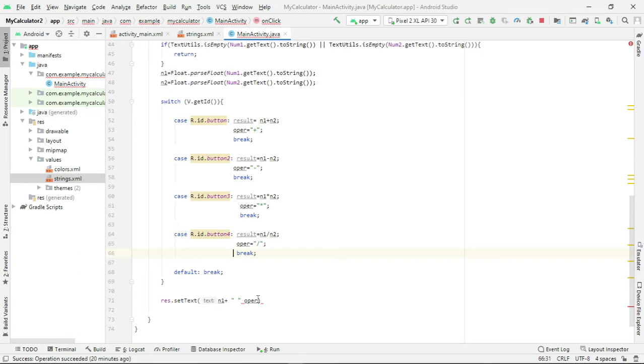Yes, this is what the operator is. Whatever operator is displayed, OPER.